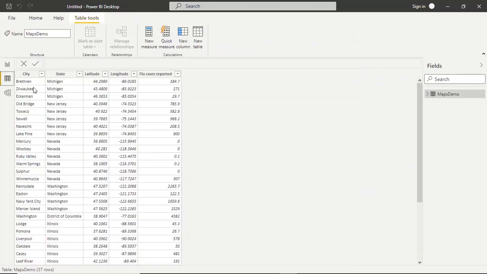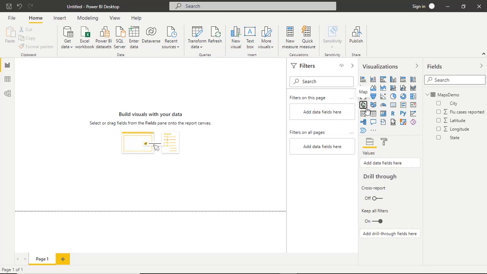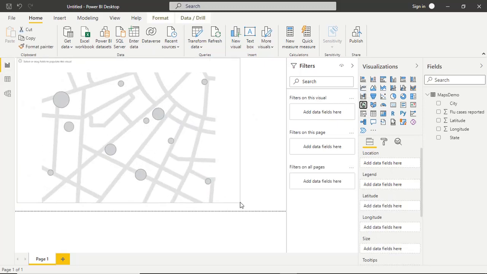So you can see data already uploaded, then report, then maps, then location. We have the location, region, latitude, longitude, and the size. So you can use the location or latitude or longitude.